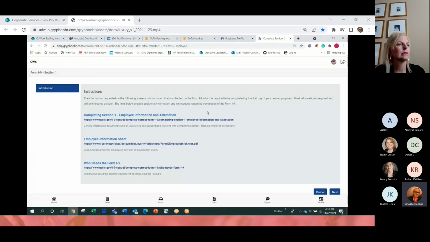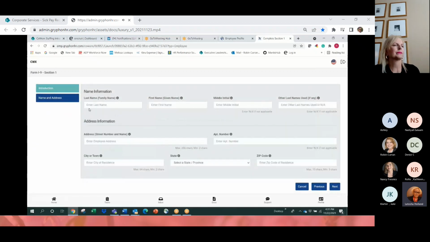First place you're going to be taken to is a landing page that has hyperlinks to several different documents that explain the I-9 process and what's involved. You're welcome to download these and print them out if you'd like. I'm going to go next because I don't need any information about it. I'm pretty well versed about the E-Verify process and why people need to complete the Form I-9, but you're more than welcome to download those and view them. So when I go to next, I'm going to enter the last name,